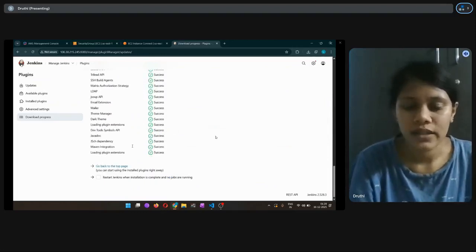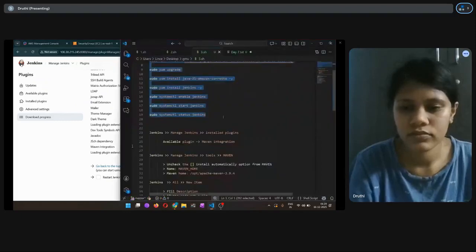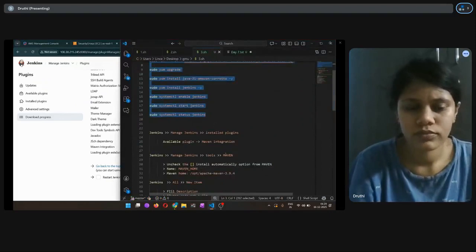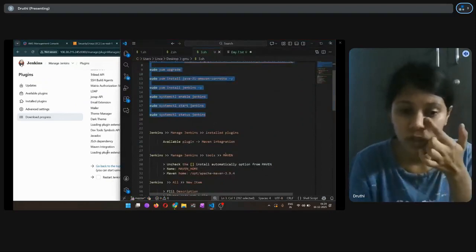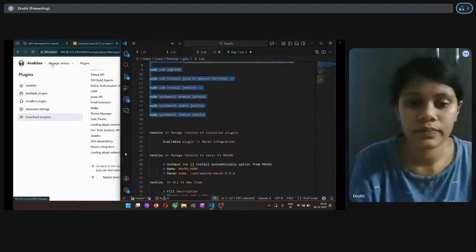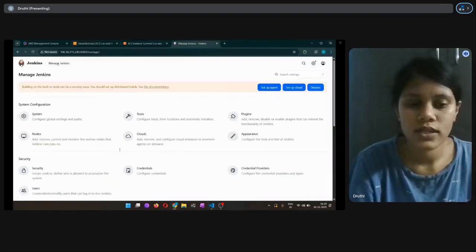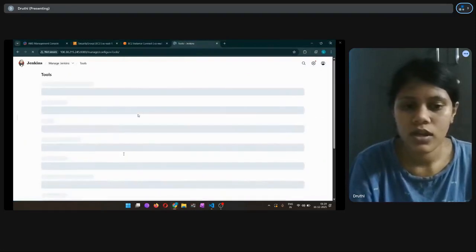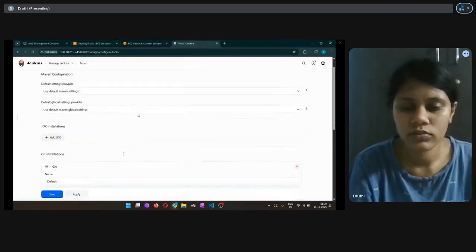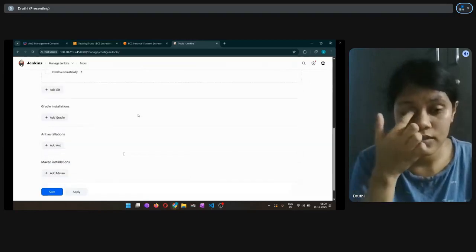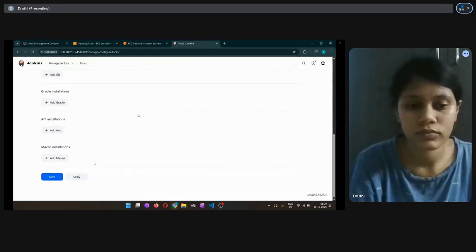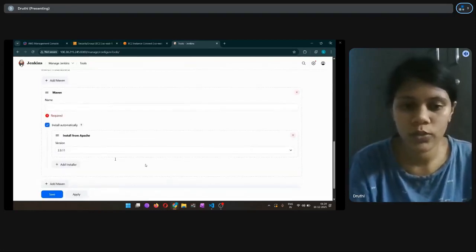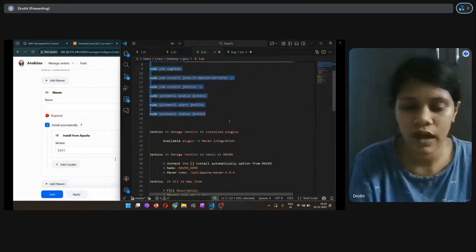And now go to Manage Jenkins again, and tools. So here you add Maven, as you can see in the video, and then save, same as shown in the video. So now here we are entering the details. Copy it, which is the home directory of Maven.